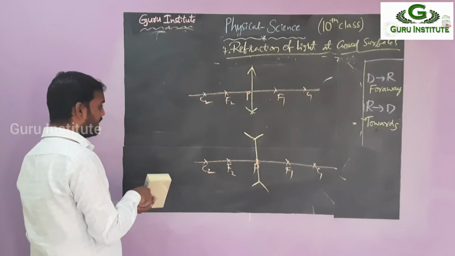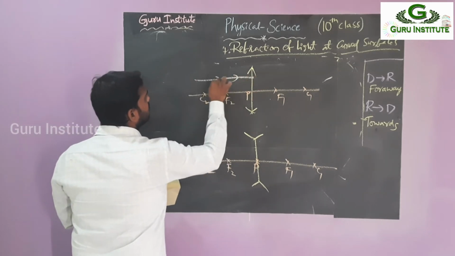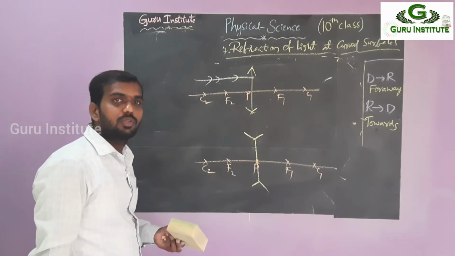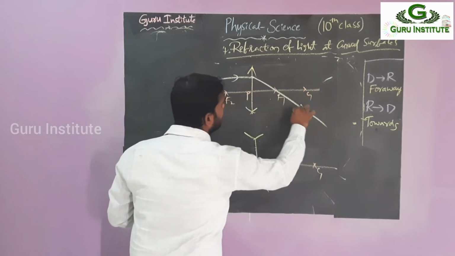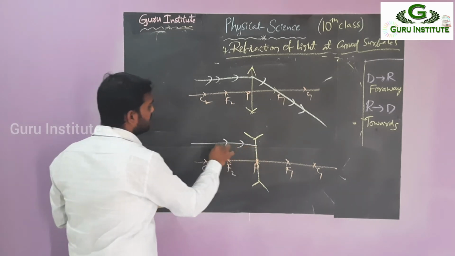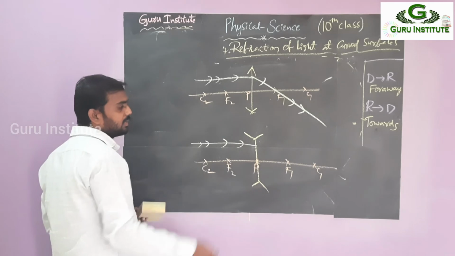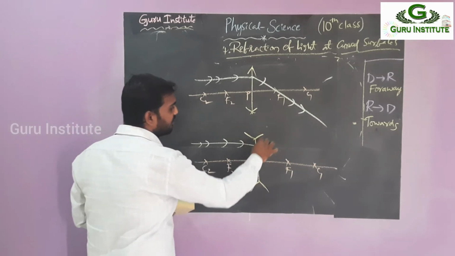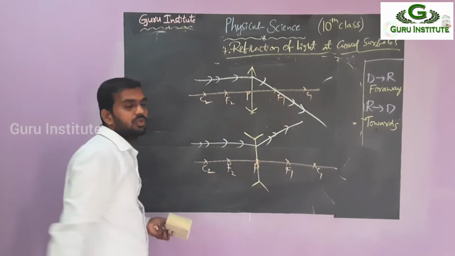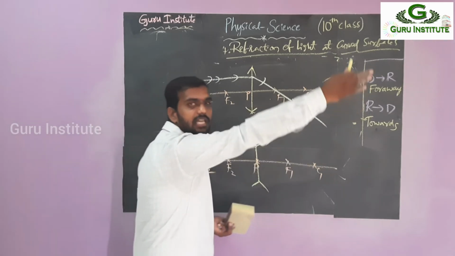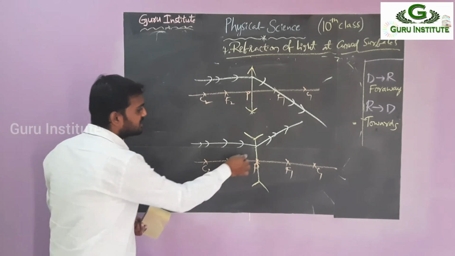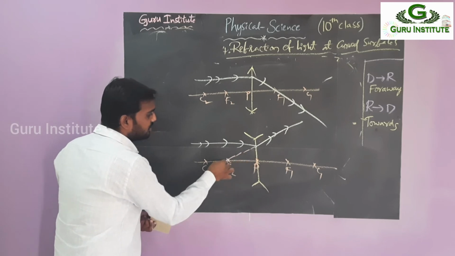Right. Whatever the right angle we have to see, this line will come there. What happened? Parallel to the principal axis, what we know is that it passes through the focus. That is what we can take here. It is bending. In the previous one we have already seen that bending. Now what happened? Whenever it is moving like this, incident ray, what is the final refracted ray? It is far away. It is moving like this. So it is bending and passing through the focus. But it is not passing through the focus directly. Then what we have to know is that if anything is not passing through the focus, then we have to extend it backwards. Let's check. So it is passing through the focus.